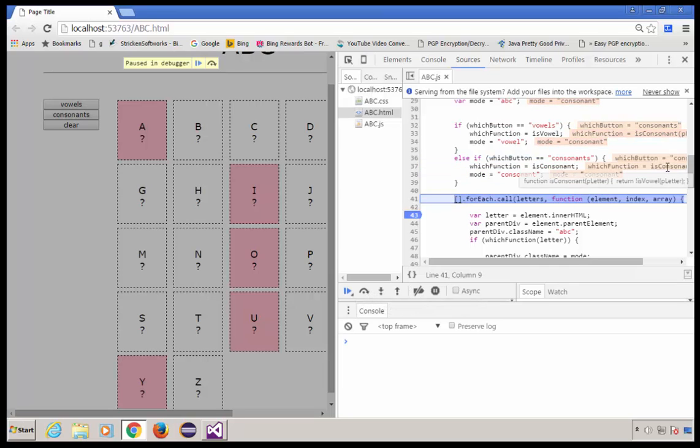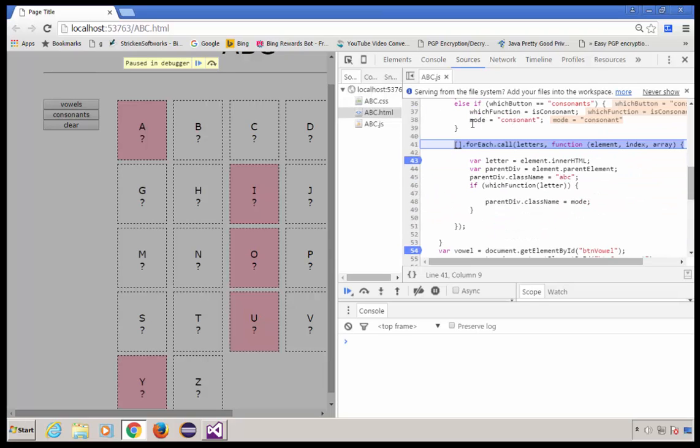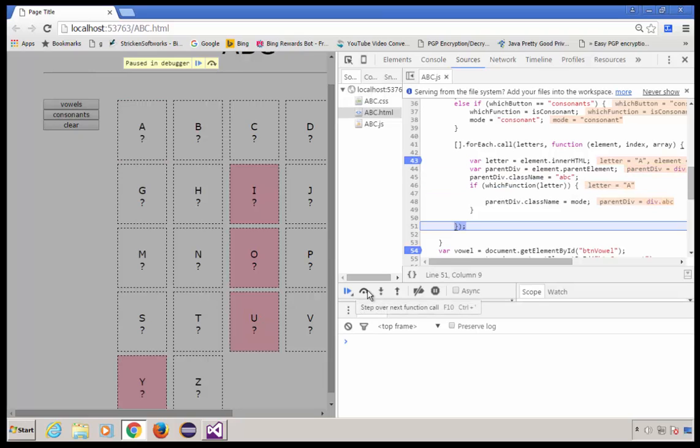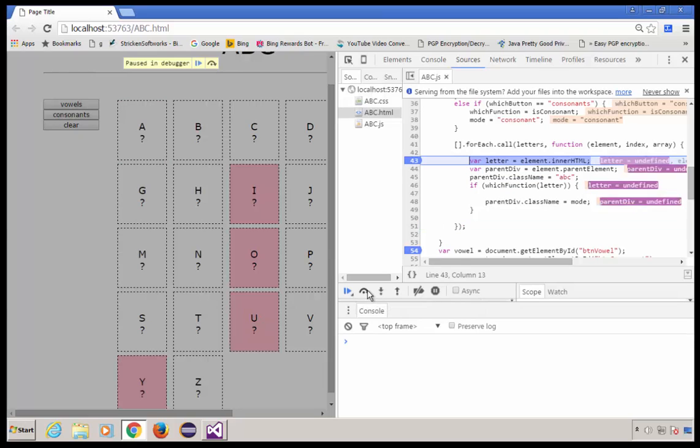This is consonant, and you're going to run the isConsonant function. So let us step over again. Step over, step over, step over. This should be false the first time. Stepped over, good. Because that's the letter A it's representing. Let's step over. Now we're getting the letter B. So if I step over now,